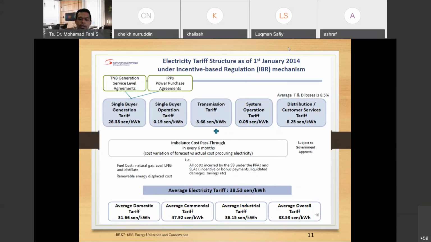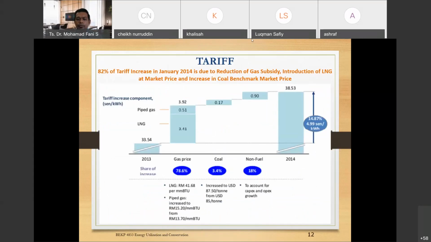Okay, under this one, for example, domestic, there are a lot of types of tariff, and under commercial, there are several types of tariff that are available for the consumer to subscribe to, and of course for the industrial, there are several tariffs. Okay, we learn about these different tariffs in the market right now, especially from TNB. Okay, this is the increment,